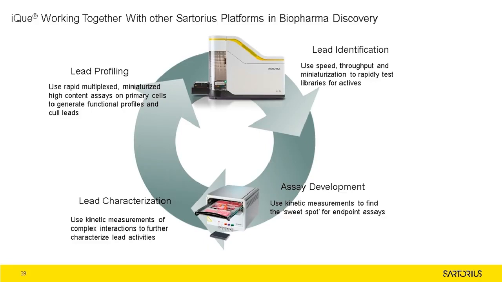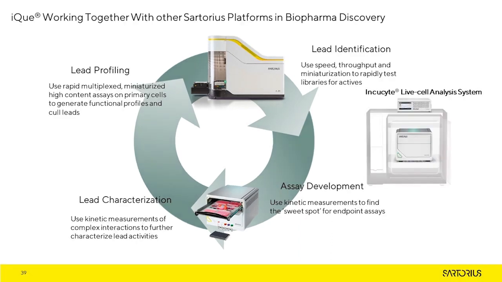Just to go into some detail as to how the IncuCyte live cell analysis system works, we can see here to the right that it consists of a main gantry which sits inside the incubator to provide the optimal environment for uninterrupted cell growth. The gantry houses a shelf for holding cell culture vessels, as well as the objectives to allow for images consisting of phase contrast and up to 3 fluorescent channels to be taken at intervals decided by the user. The control panel is responsible for data analysis and sits on top of the incubator. IncuCyte software is then able to connect to the controller so that users can set up experiments and perform analysis at the desk.